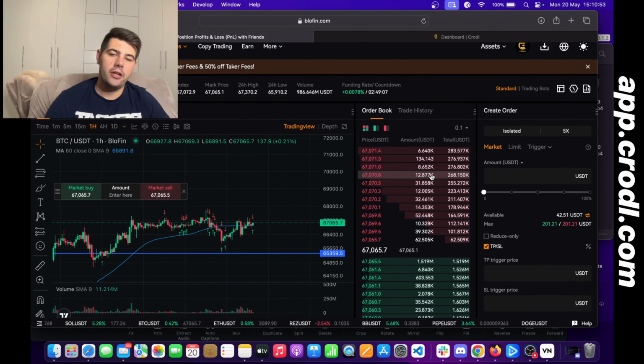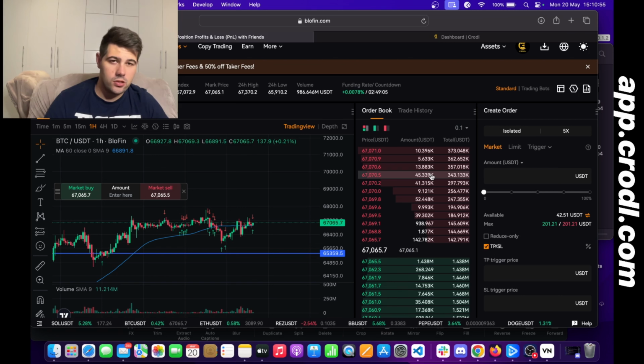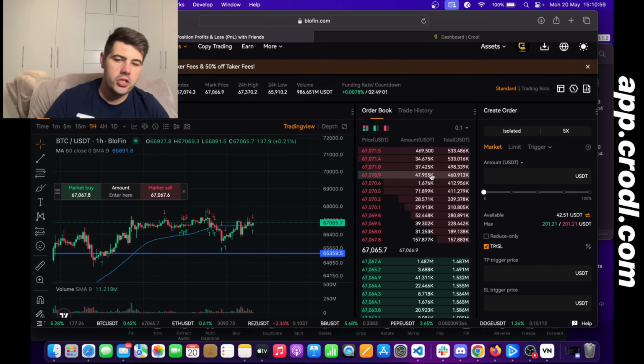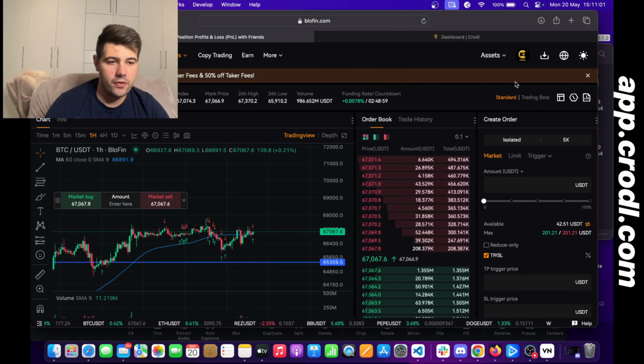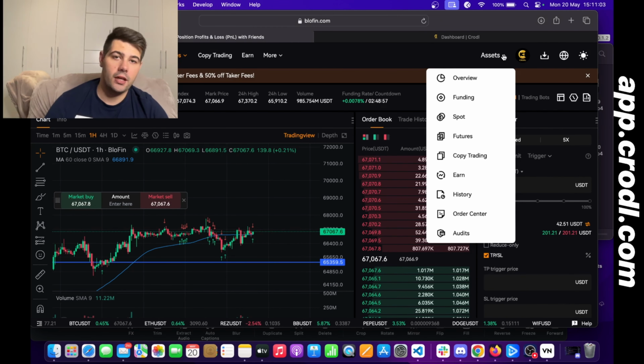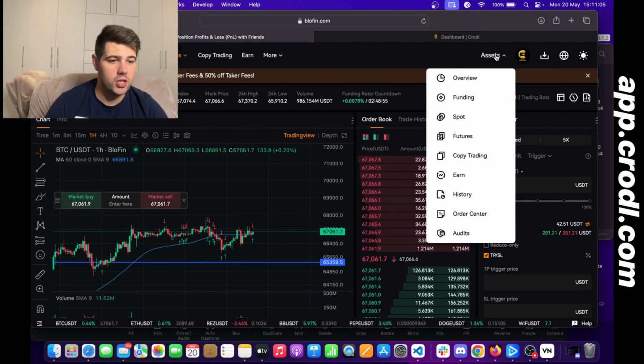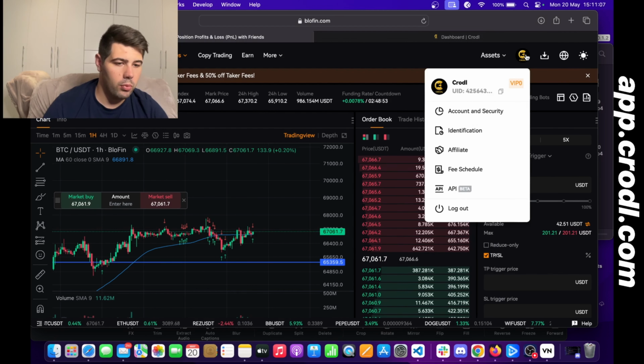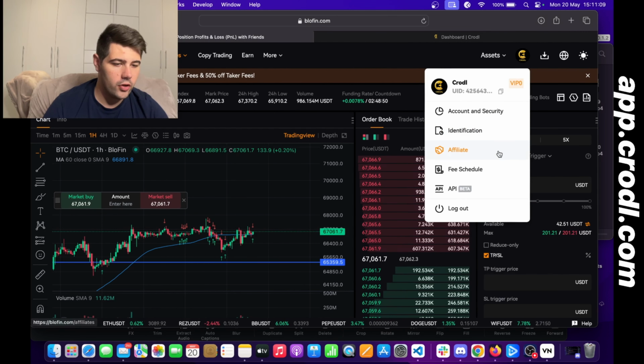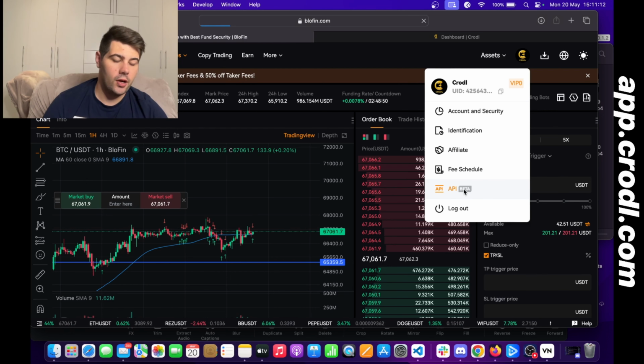Now that I've shown you how to use the platform to start opening your positions on either spot or futures, I'll show you how you can create API keys if you want to benefit from the 30-day free trial if you use the link in the description, and then how to connect it to our bot. The first thing you want to do is hover over your profile, go to the API section,